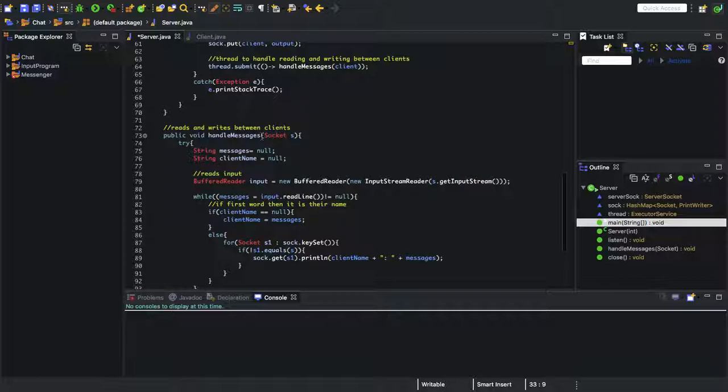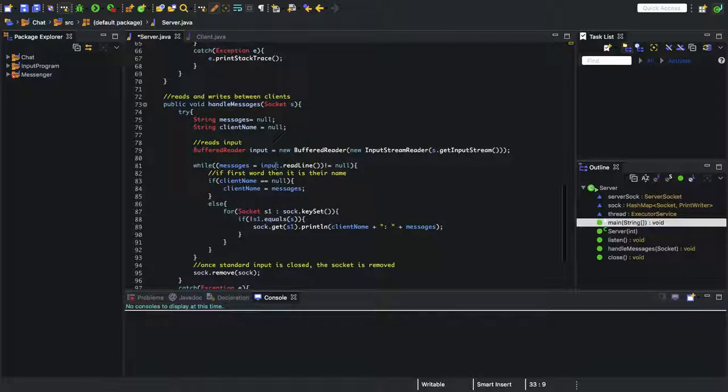And this is the handle messages method. It takes an input of socket. I surrounded it with a try and catch. This method practically just reads and writes between clients. This buffered reader input just reads the input in the server between clients, and then while messages does not equal null, if the first word typed into the command line after their port number,